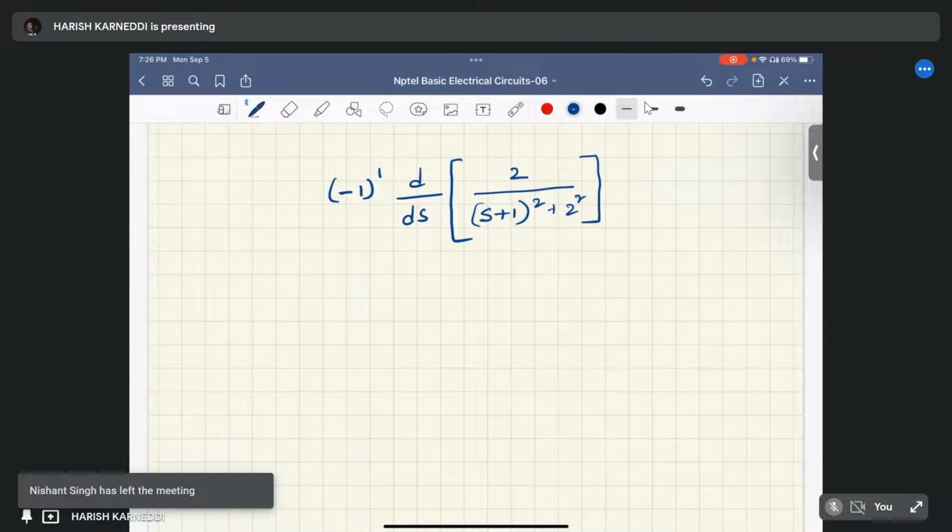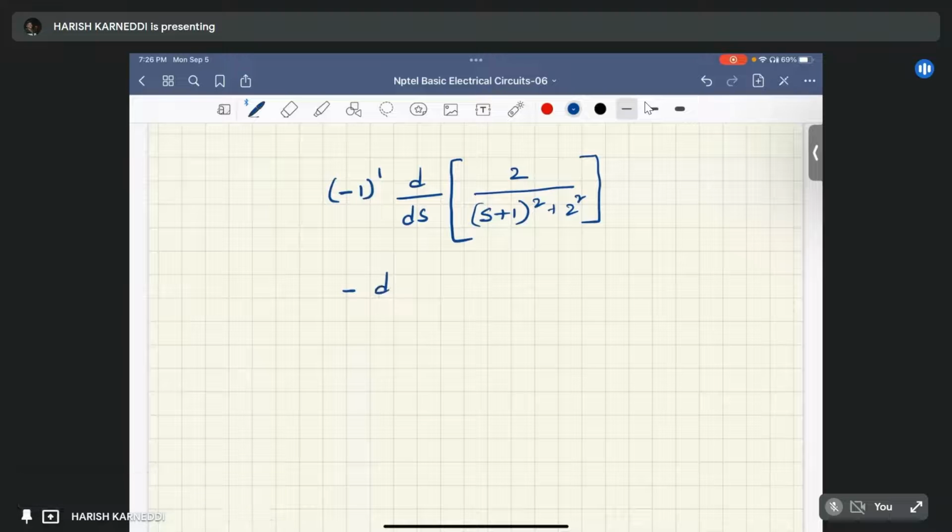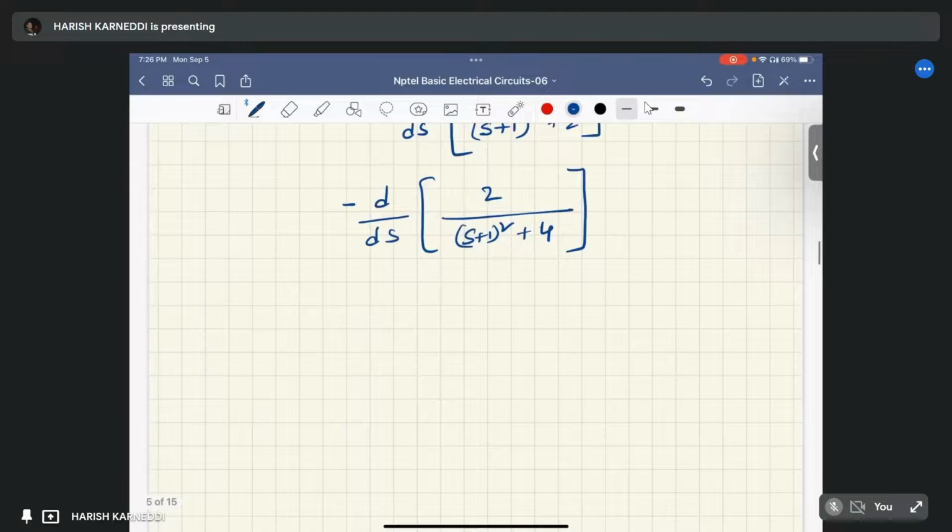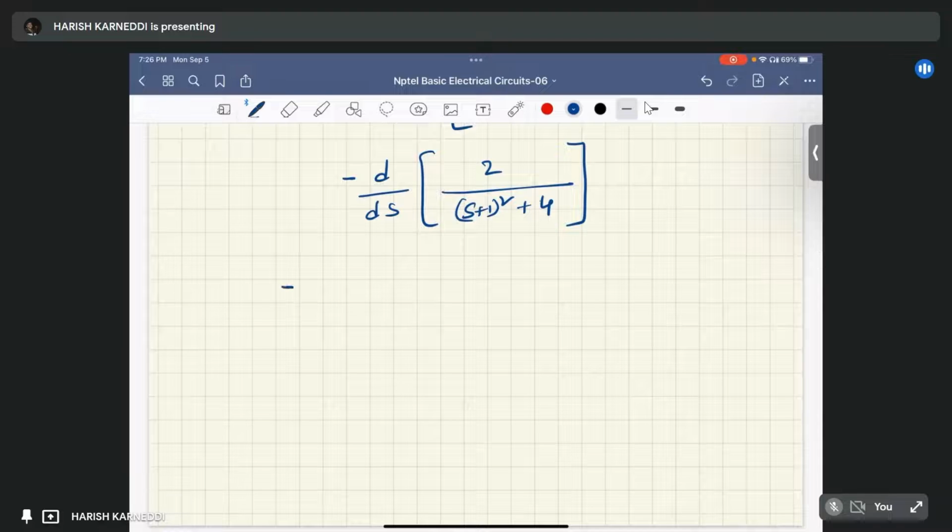So which is minus d by ds of 2 by (s plus 1) whole square plus 2 square. You can write it like this, minus 2 into d by ds of